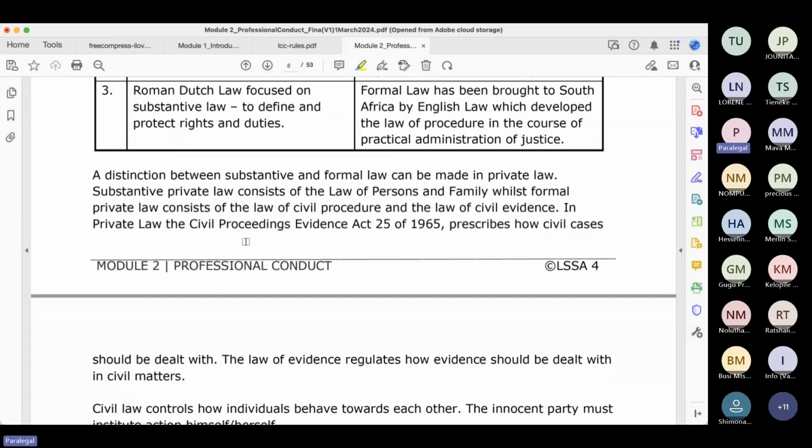Interestingly, at point 3, they show you where these things come from. Roman Dutch law focused on substantive law to define and protect the rights of and duties. You say, wow, interesting. You remember the gentleman Justinian we discussed in the other book? Justinian, you said, wrote the